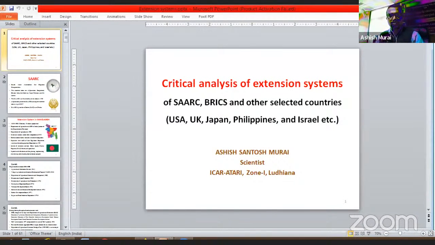So two things are important when we study the extension systems of different countries. One important thing is history, other is geography. If you have some idea about a country's history, it is very easy to understand the kind of extension they have. Moreover, if you know about their geography, like whether they have a coastline or not, whether they are islands or not, that kind of information is very useful in understanding the agriculture there and definitely the extension system.